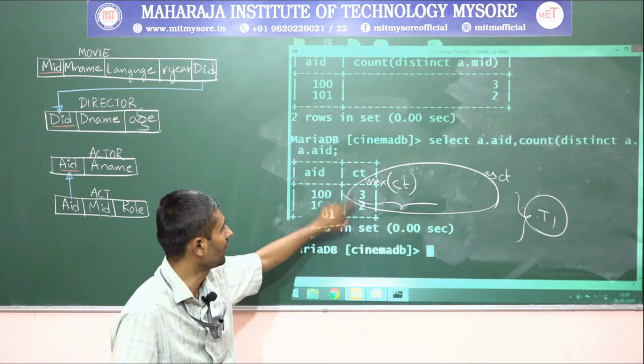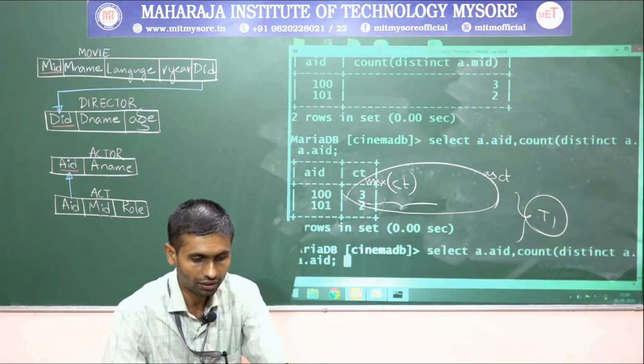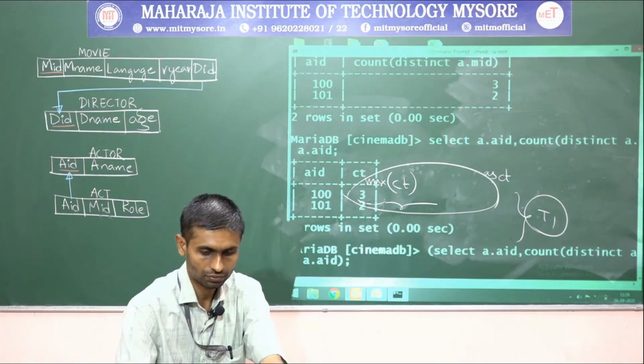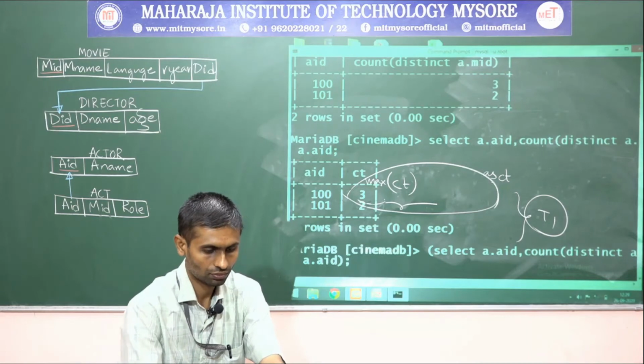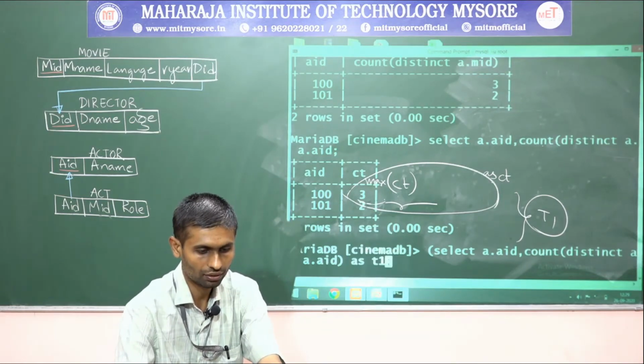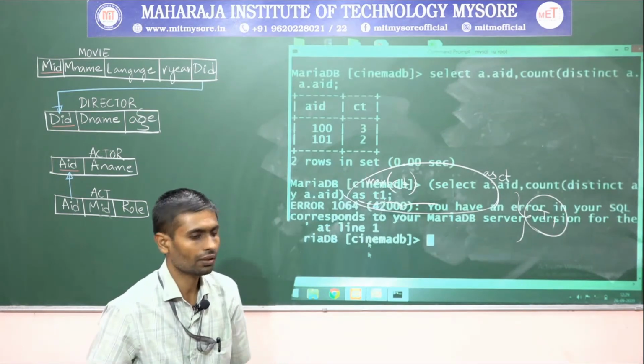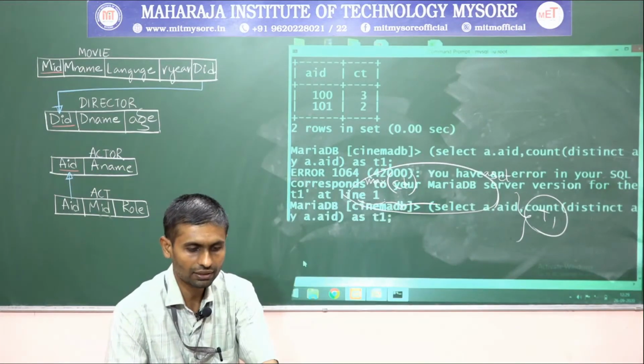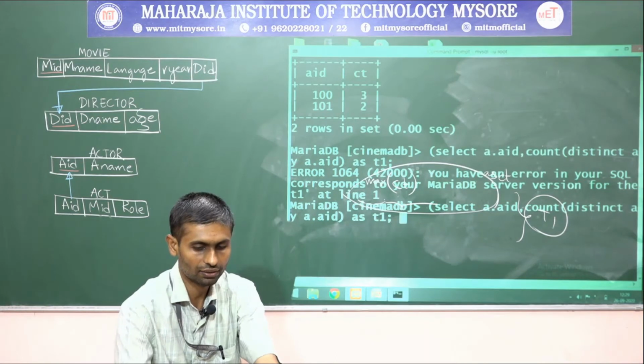The column becomes CT, and for this we'll give T1. Let me check. As T1, right? But it's showing an error, you know. We have given CT, okay, then T1, but we'll try to access this T1 from outside, guys.